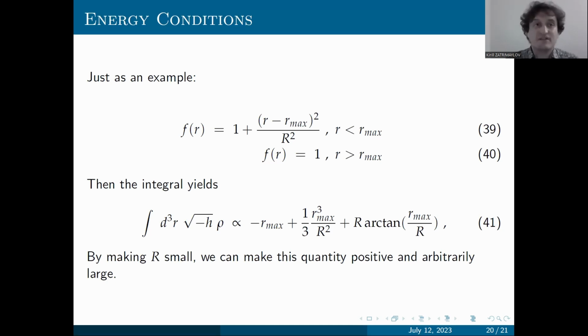Of course, this should be taken with a grain of salt for now, because this is just a very rough estimate. One should do a detailed analysis of these types of metrics to see what happens to the null energy condition. However, this means that at least these kinds of metrics are important to investigate further, and they may be able, if not to bypass, then at least to alleviate the need for exotic matter.